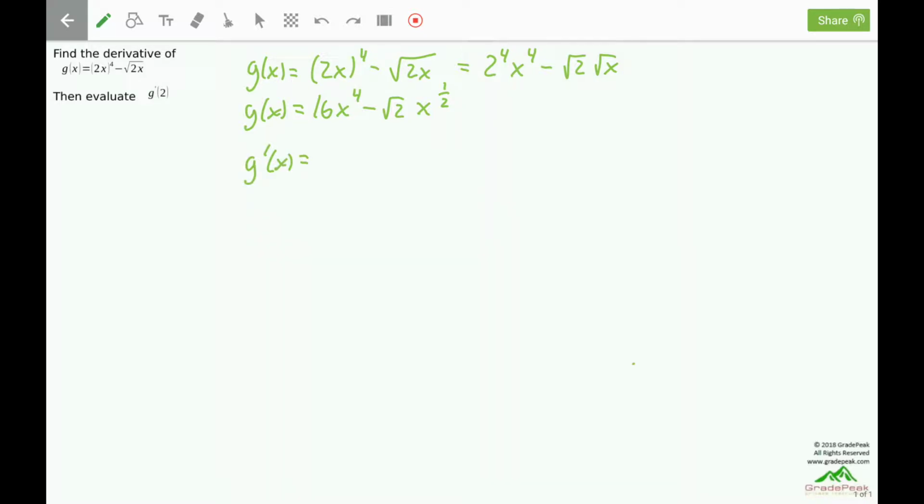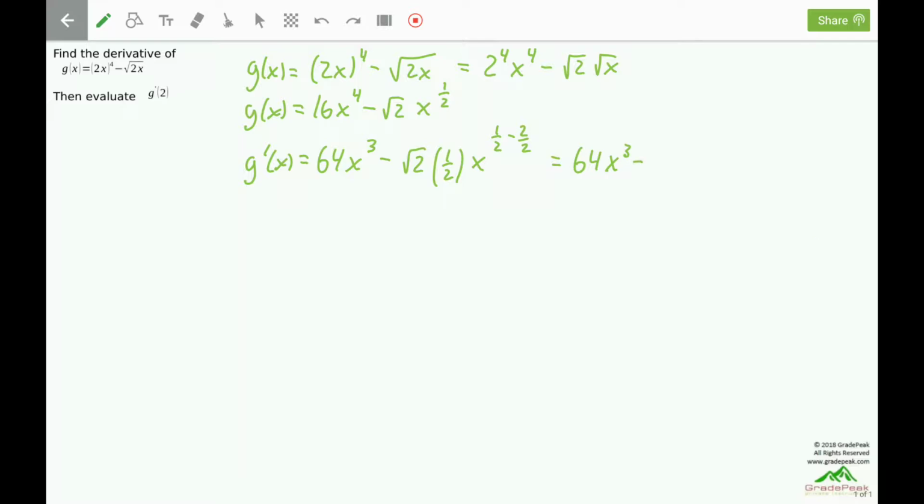G prime of x equals. The first term is a power rule. We'll bring down the 4, multiply with the 16, which is a 64, x to the 4 minus 1, which is 3. The next term, we will bring down the 1/2 times the negative root 2, and then x raised to the 1/2 minus 1, which I will call 2 over 2 for the common denominator. So we have 64 x cubed